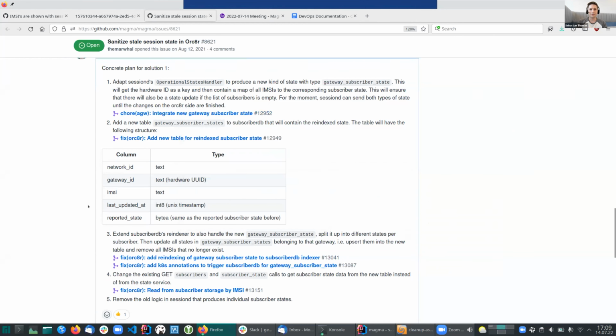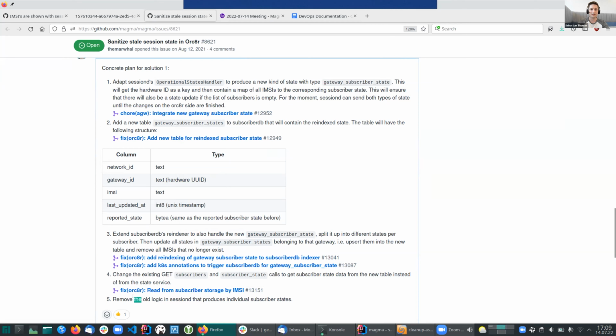So there's now a new table in Orchestrator that has information just related to this particular session state. And whenever the gateways connect the next time, for the periodic check-in that usually happens once a minute, they completely rewrite this table and they should clean up all users that are no longer connected. So I just wanted to report that this is fixed.